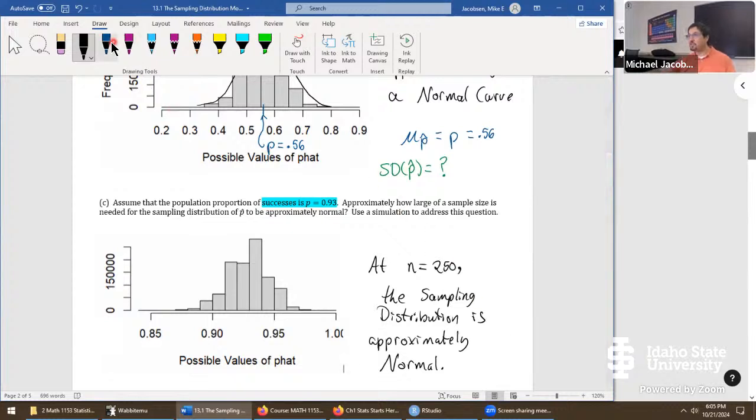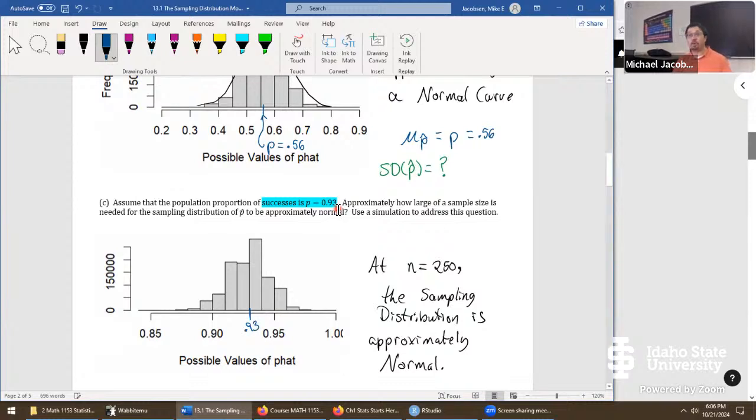And notice where the center is for this one. If we set the true proportion as 0.93, and we go to collect random samples all at size 250, every one of those statistics, they go from here to here, they're all close to 0.93. Even on the far end extreme, way out here, that one looks like it's 0.855, something like that maybe. It's still pretty close, 0.875 maybe. And if you're on this extreme, maybe that's about 0.975, not too far off this as well. The center is right at 0.93.